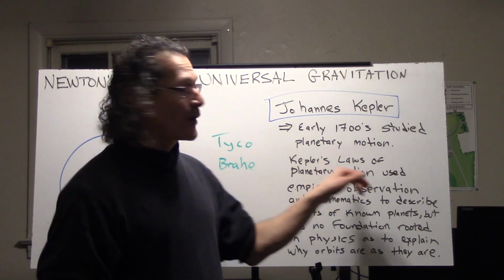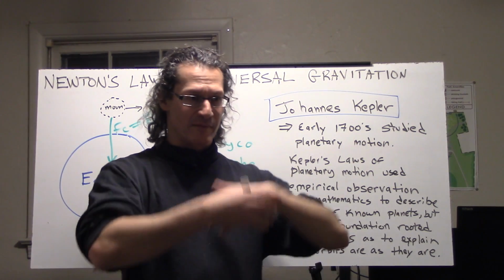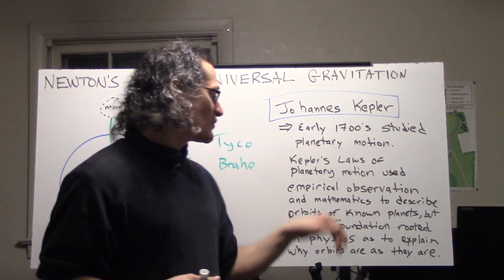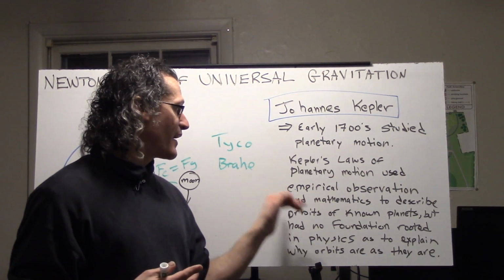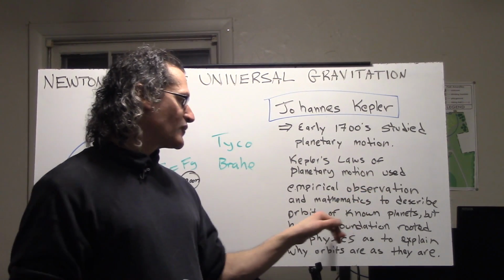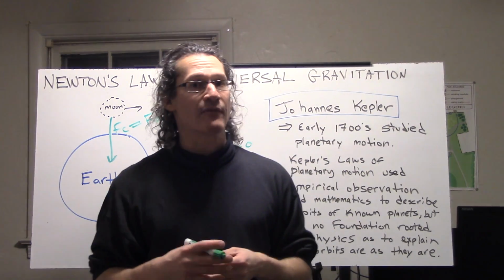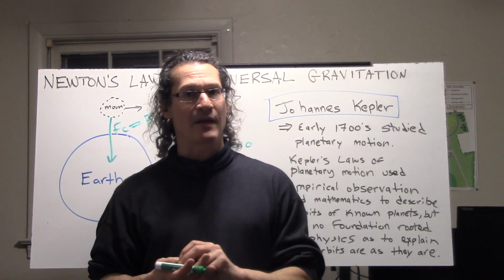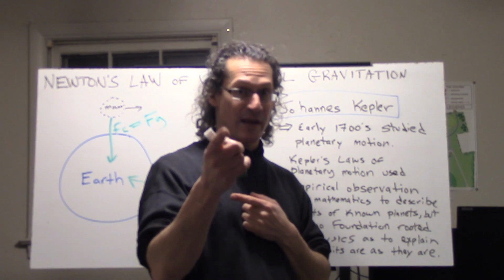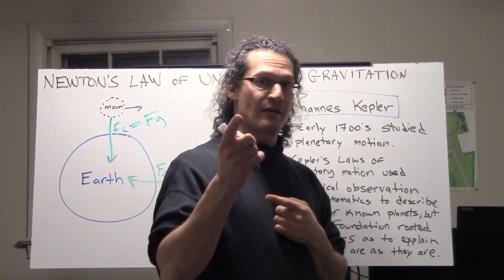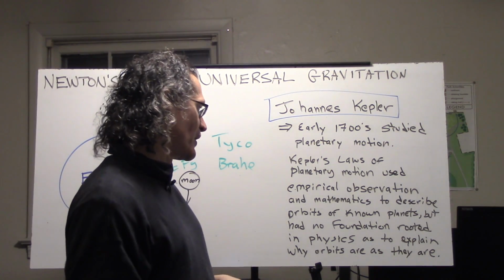And what he did was develop what are known as Kepler's laws of planetary motion. So they're a little different from Newton's laws, which are about the real foundations of physics. These are more about empirical observations. So the data that was collected by Tycho Brahe, he combined with mathematics to describe the orbits of the known planets. Now, mind you, some of those telescopes weren't so powerful, so I think they probably went as far as Saturn, maybe Uranus, Neptune, I'm not sure, but they certainly hadn't seen Pluto, which has since been demoted anyway. That's a dwarf planet, by the way. But hey, that's okay. So there are 8 planets. Maybe they knew about 6 or 7 of them.